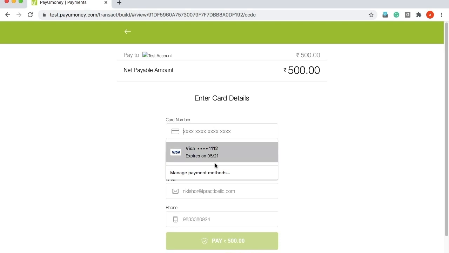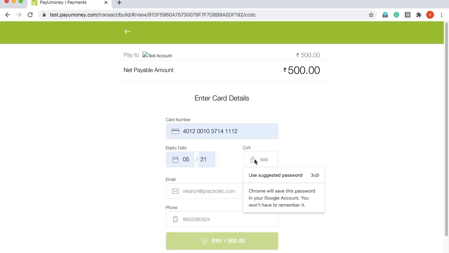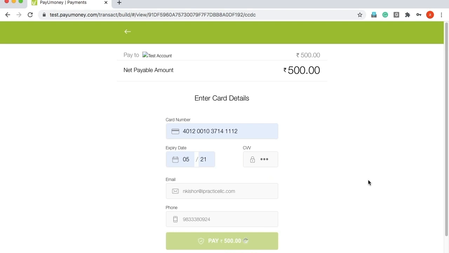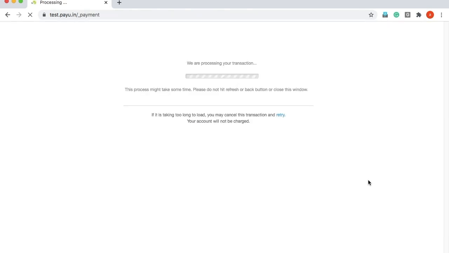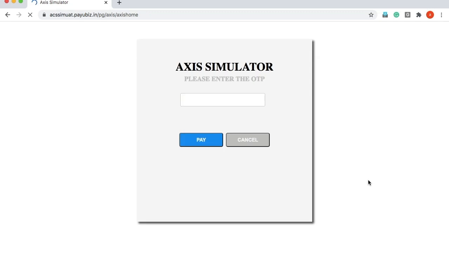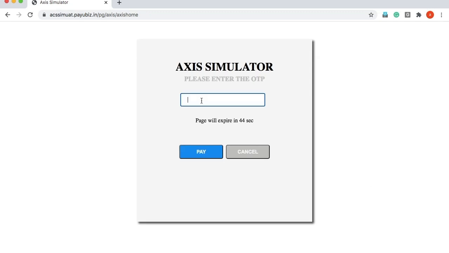Select one of the options, make the payment. Enter the OTP for the payment.